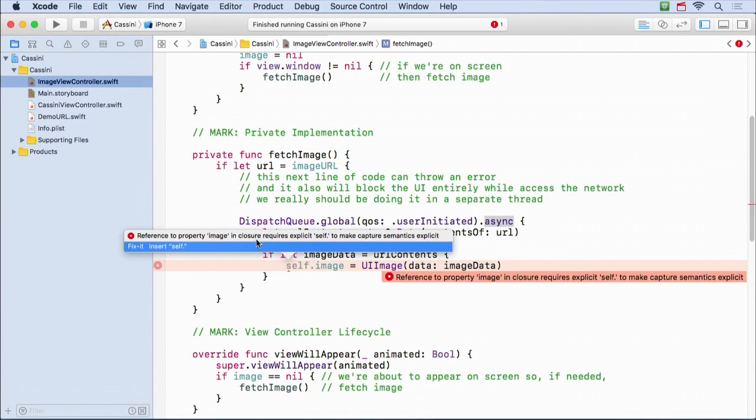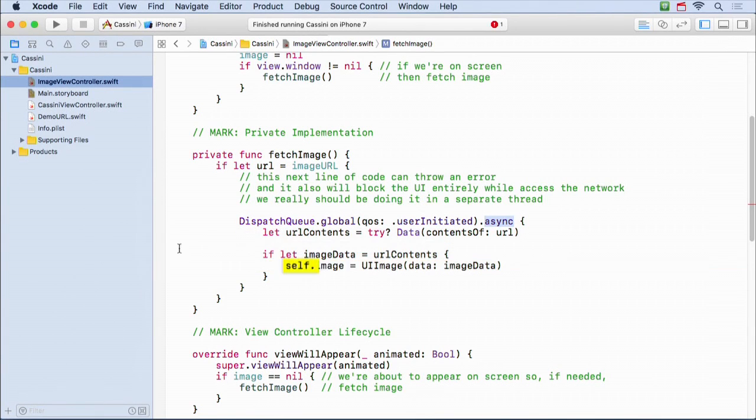Oh, yeah. Reference to self inside a closure. You have to explicitly put self so that you think about memory cycles. And indeed, there is a bad memory cycle here. Because this closure is happening because I clicked on Saturn or Cassini or Earth, and it went off, created an image view controller for me, and that image view controller is being put on screen, and it's going off to fetch this thing.